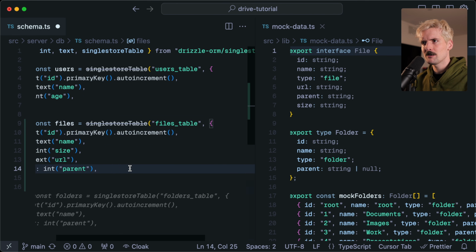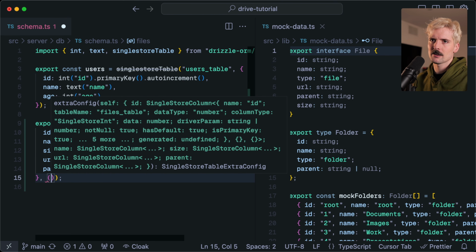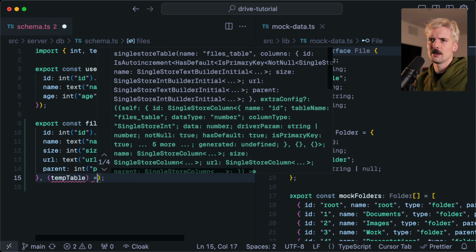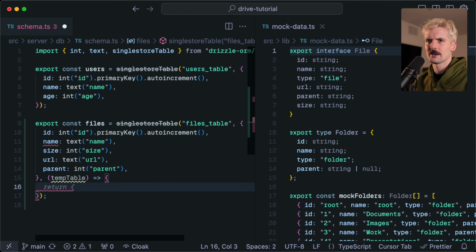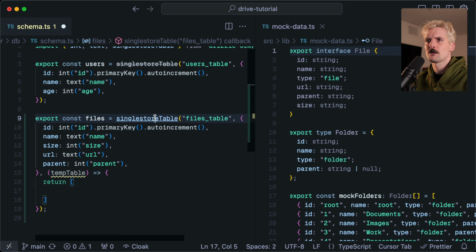This seems too good to be true. Looks like it's going well. We do need to add one thing here, which is an index. I'm going to call this temp table when I do these inline definitions. I don't like it colliding with the name we have there. We're going to return. And the return here for your indexes, the syntax is different, as was mentioned before with